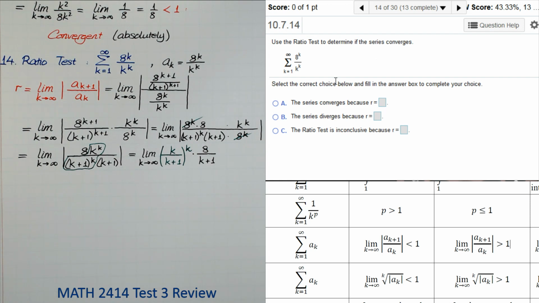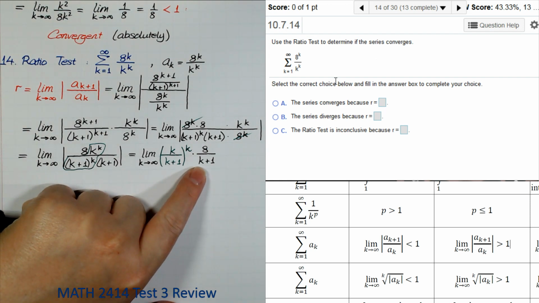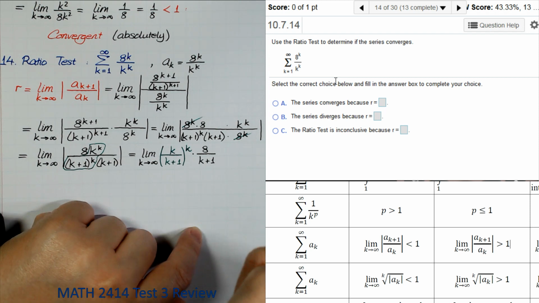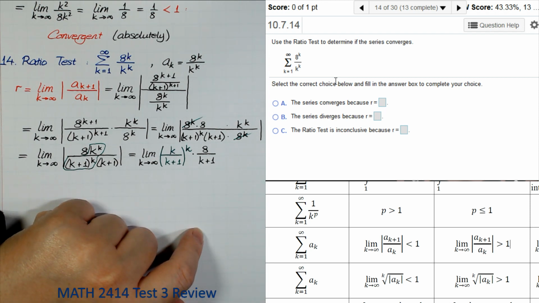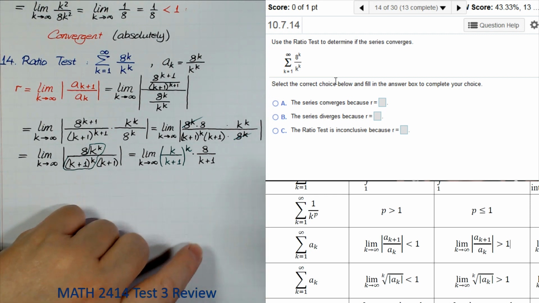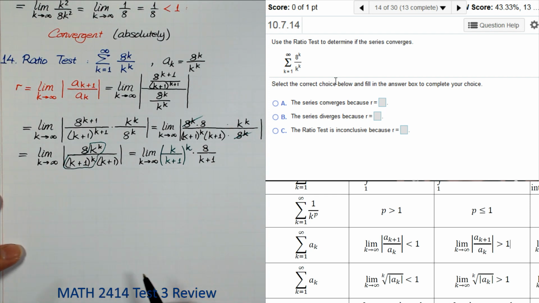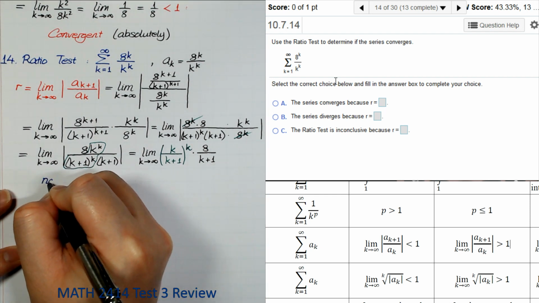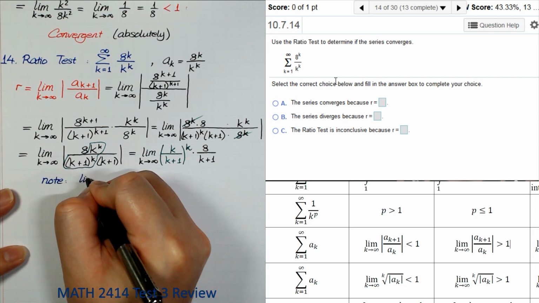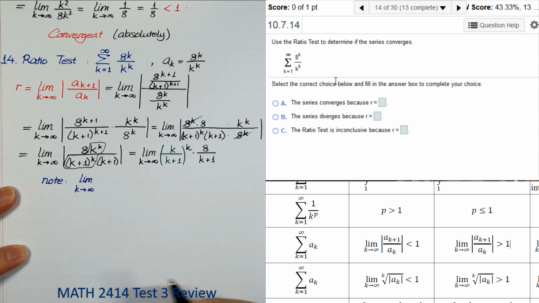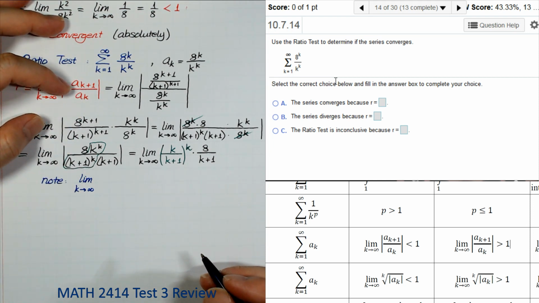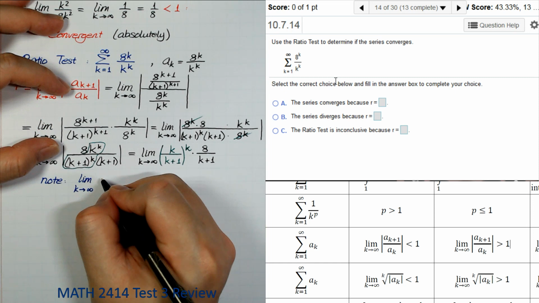Now, when k goes to infinity, this one goes to 0, and what does this one go to? Note that we have